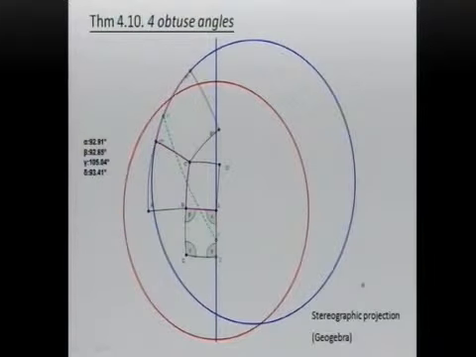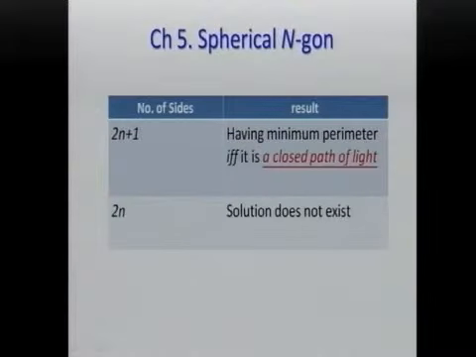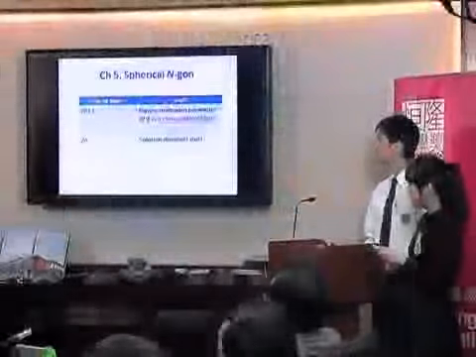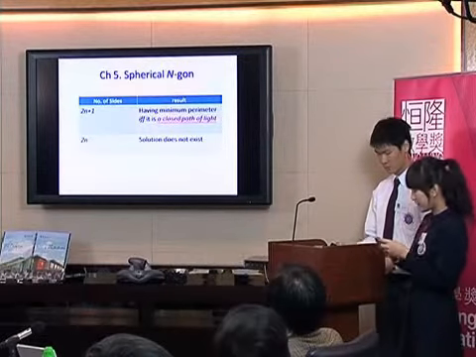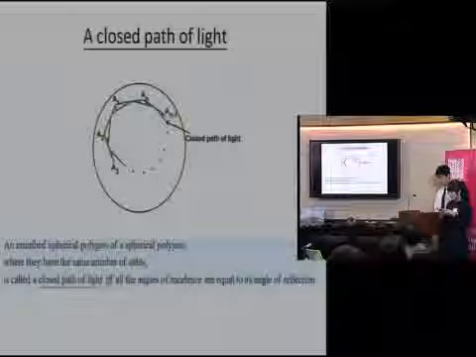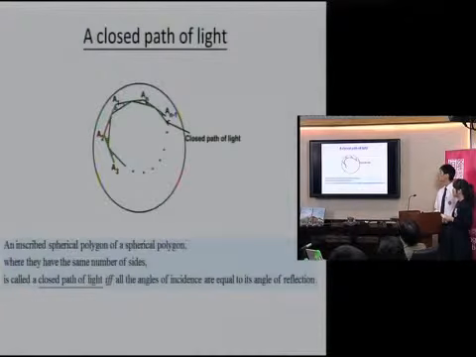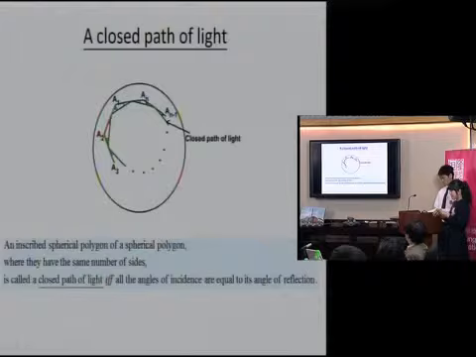To generalize the solution to n-gons, we find that the result is related to the parity of the size of the spherical polygon. First, we define it: an inscribed spherical polygon is a closed path of light if and only if all the angles of incidence are equal to its angles of reflection. In the case of spherical